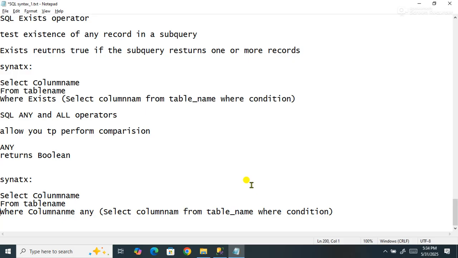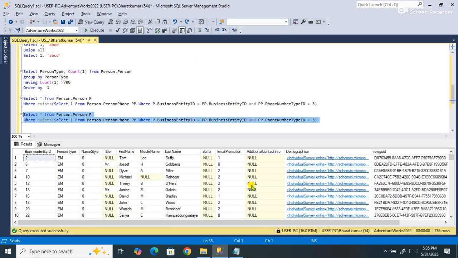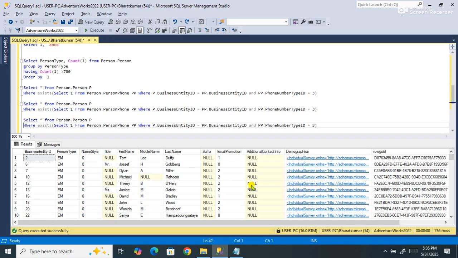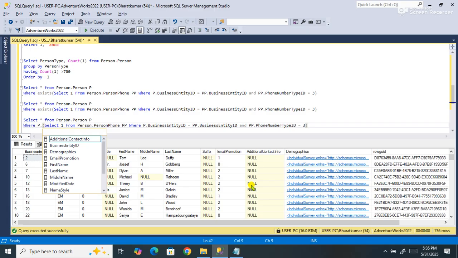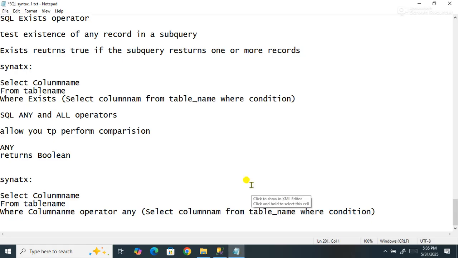Okay, so here the column name, operator. The operator should be a comparison operator: equals, greater than or less than. Let's see an example. So I'm copy pasting this. Here I'll write where p.BusinessEntityID greater than any of this result set. In that case the result is same. Now next we can move to